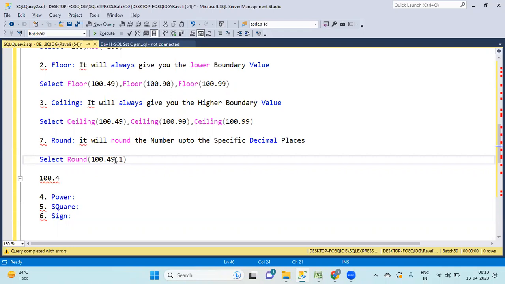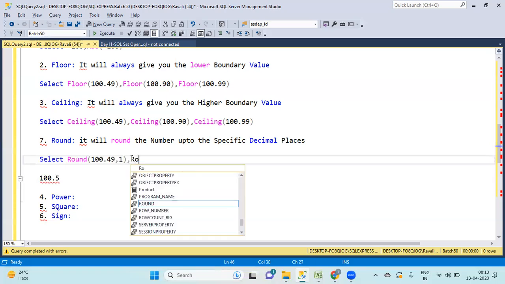Okay, so 49, since 9 is greater than or equal to 5, it will add one number to the previous. If it is adding one number to the previous, then what will it become? 100.5. So just keep this the same. And here, round off